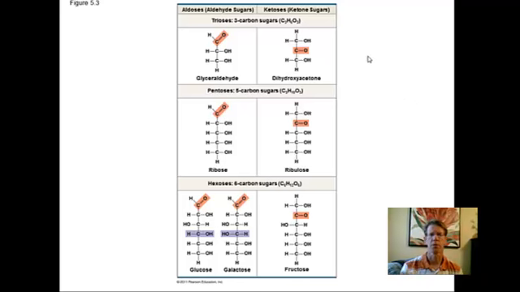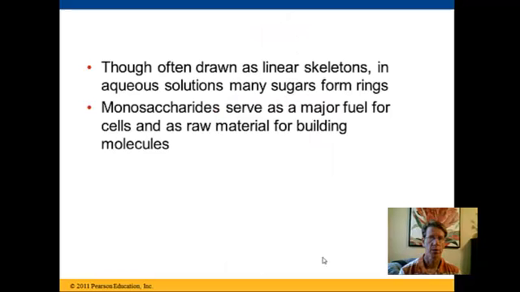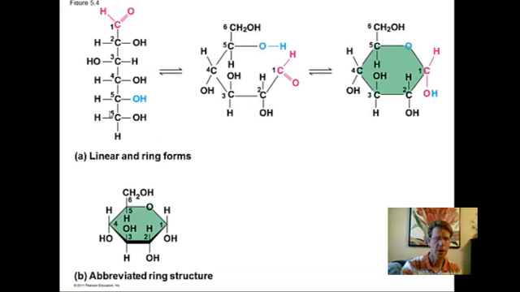Here are some examples of different sugars, and in aqueous solutions, when you start putting these linear skeletons into an aqueous solution, you find that a lot of them fold over and they start to form rings. So monosaccharides then are building blocks for larger complex carbohydrates, and probably more importantly in terms of living things and what the function of a monosaccharide would be, here is our straight chain glucose molecule,